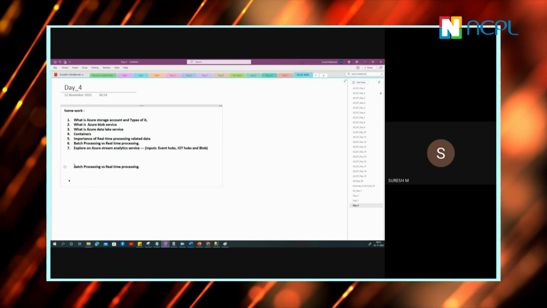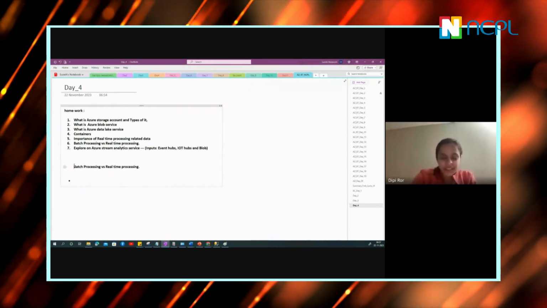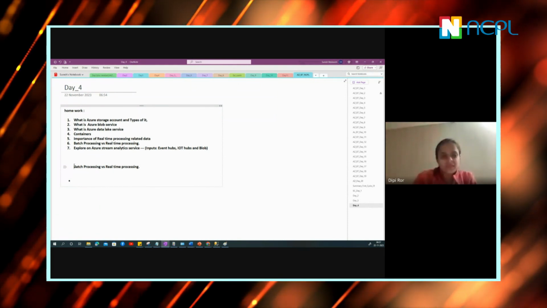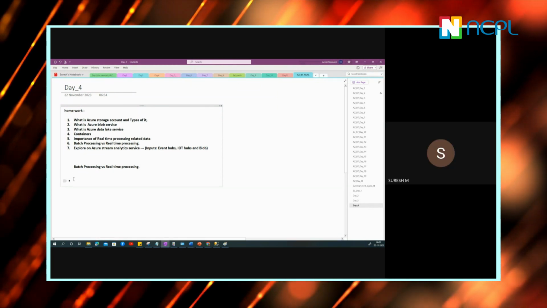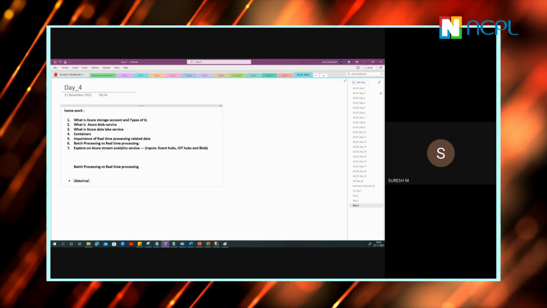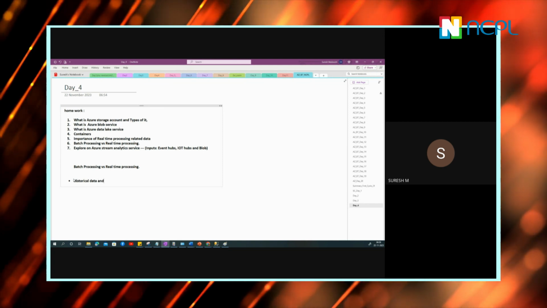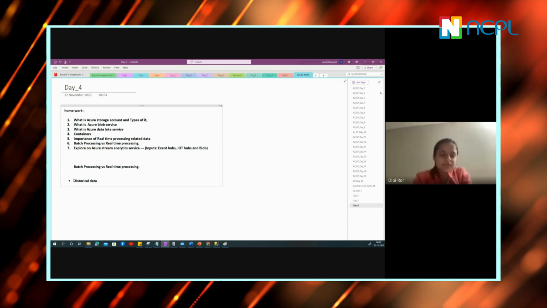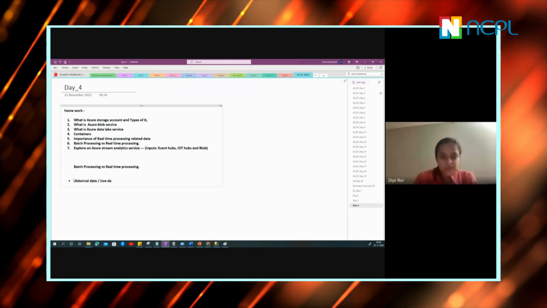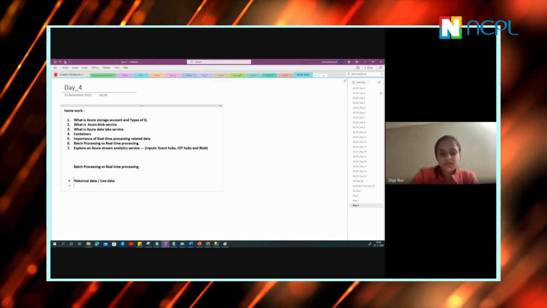Batch process is historical data, and we save more data in batch process. Real-time data processing is live data, and in this we save small data.